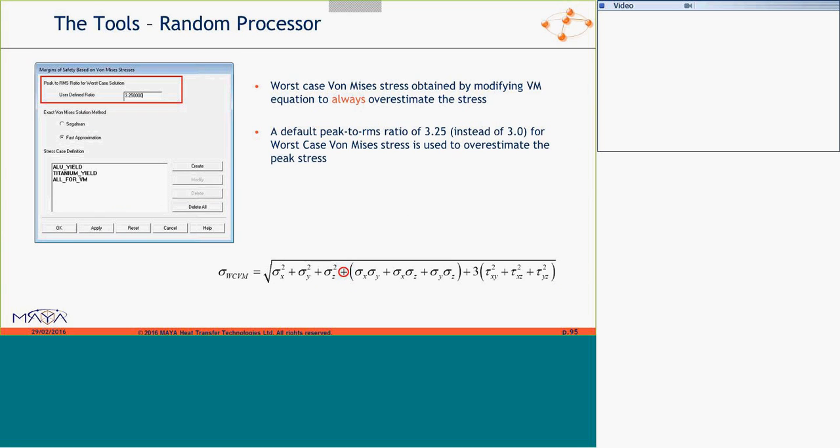Define stress cases. In days before, we calculated approximate von Mises stresses, indicated by that little plus sign at the bottom of the equation there. It's worst case, and we calculate worst case von Mises stresses. We also gave you the option to calculate accurate von Mises stresses when that was high. You don't need that anymore, but it's there for legacy reasons. If you use the approximation, you don't really need to worry about that at all.